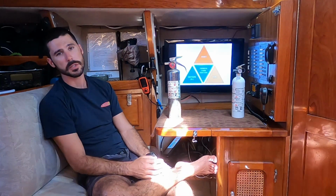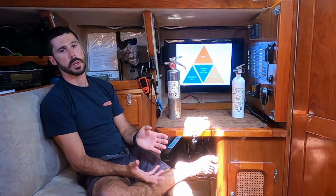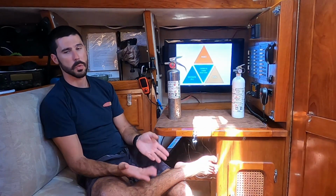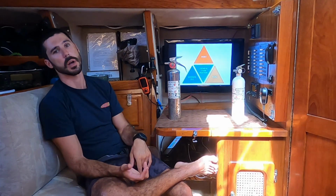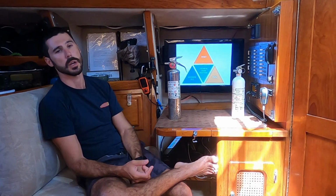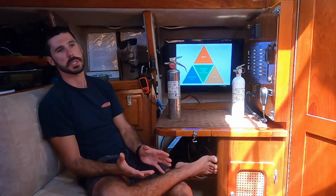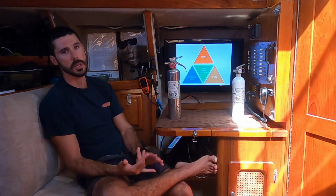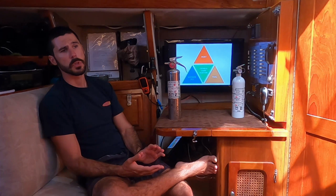If you have CO detectors, it's good to disperse them. CO is very similar to the weight of air, so it's not going to just drop straight to the floor like some heavier gases will, and it's not like helium where it's just going to go straight up to the atmosphere. It kind of disperses out, and CO is super dangerous because it's colorless, odorless, tasteless. It's just this kind of thing where you might have a little bit of a headache and then you're dead. So you want to have